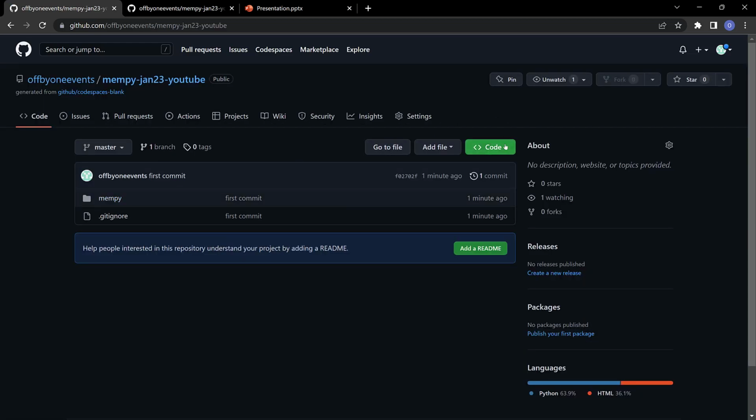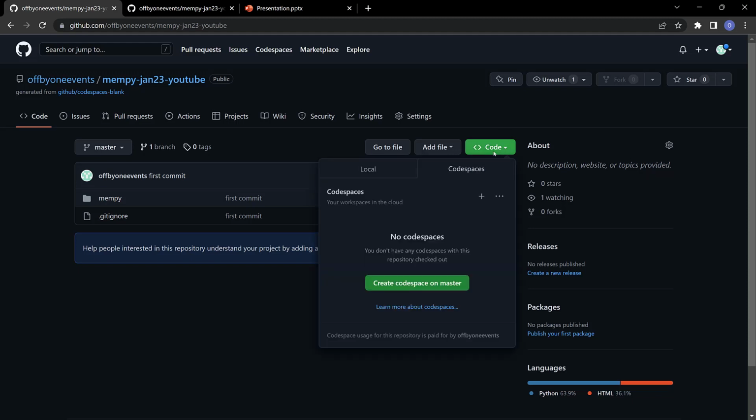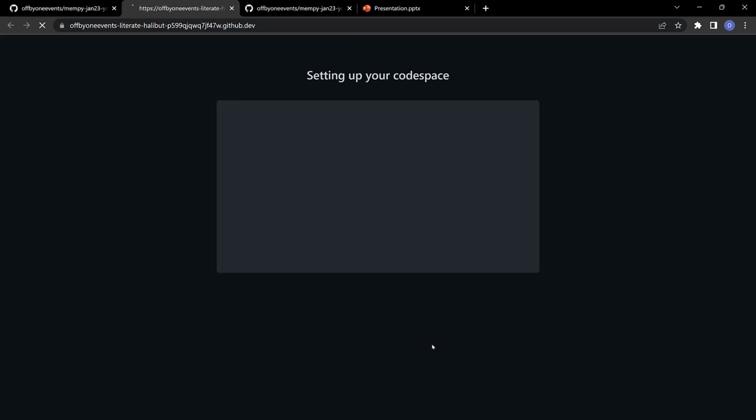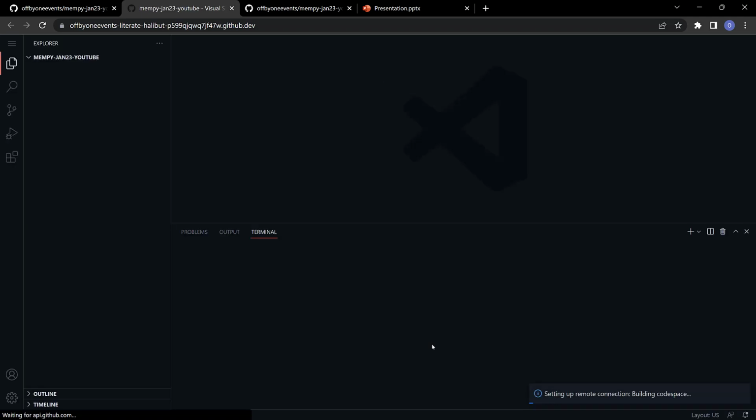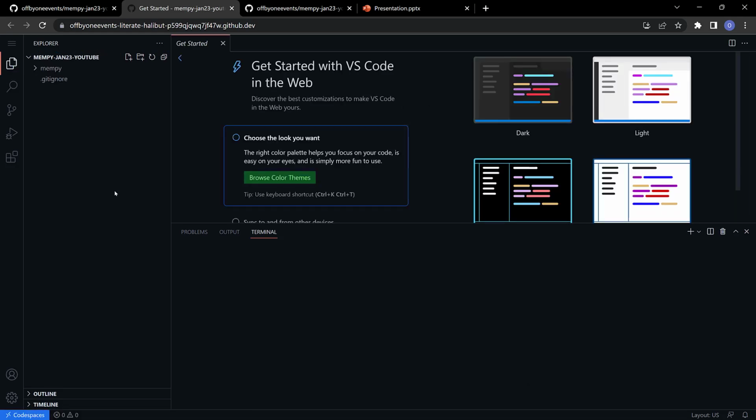Now if I go to the code button and go to the Codespaces tab, click this Create Code Space on Master button, it's going to create a new code space, and it's automatically going to bring that repository into it. I could even go further with this. It's actually possible to, it's a file called devcontainer.json, and configuring code spaces could be a topic